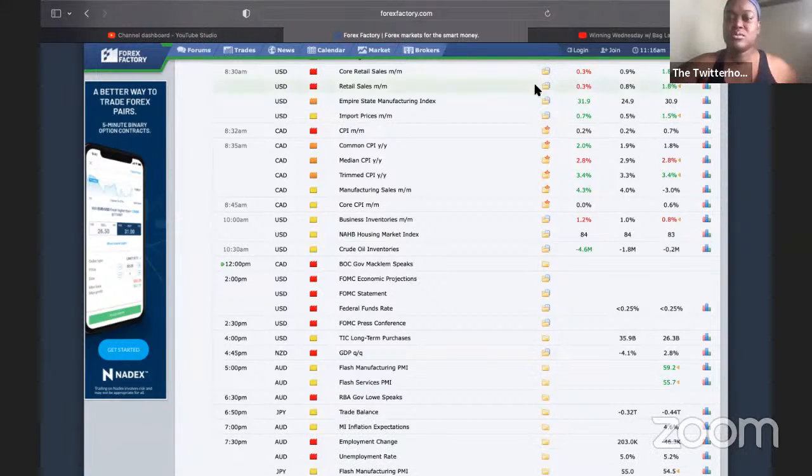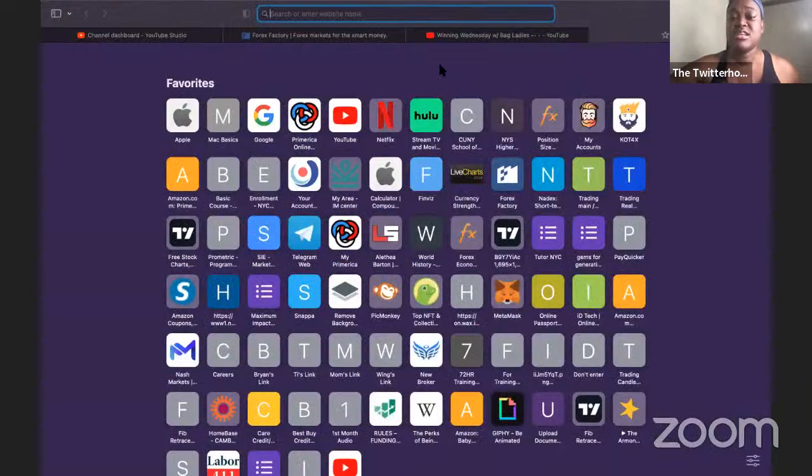All right. So after you've checked the news, forexfactory.com, next thing you want to check is what you're going to trade, because checking the news will tell you what to stay away from, but now you want to know what options you actually have. And I like to look at finviz.com.